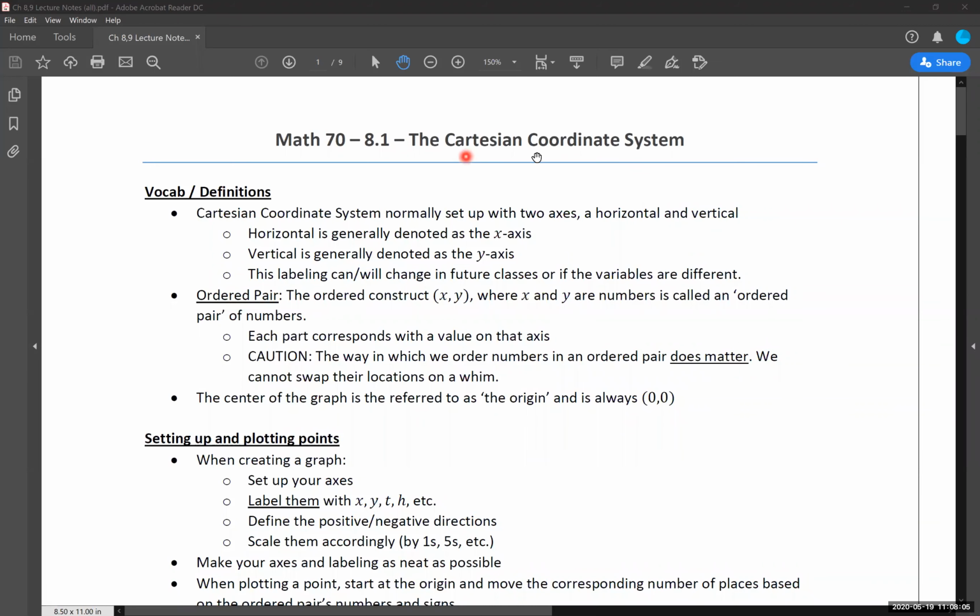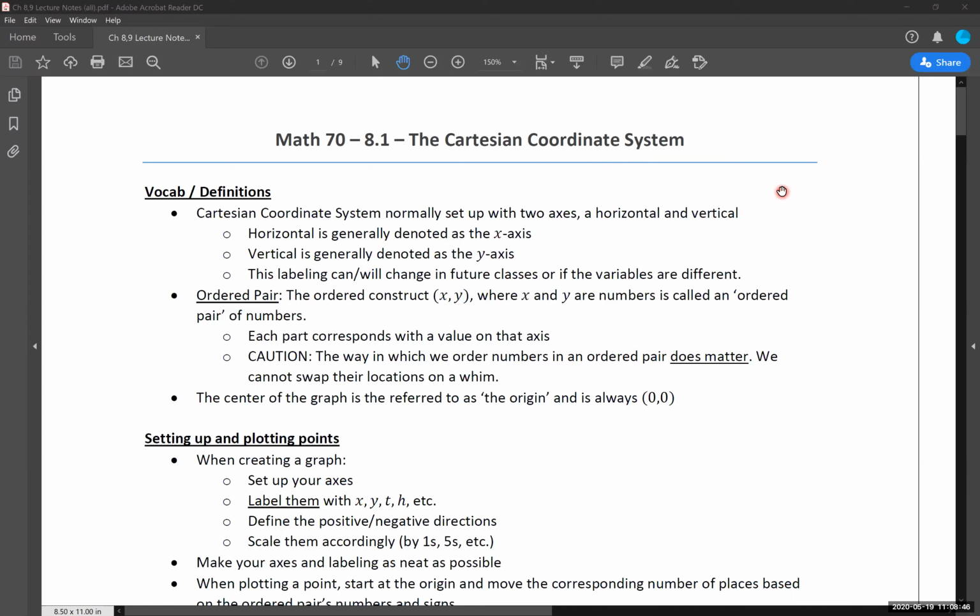So for instance, we have the Cartesian coordinate system. This is the most common one that we're going to be working with and the only one we're going to be seeing for this quarter. But we do also have ones like the spherical coordinate system, I believe it's not hyperbolic. We have one or two others, I'm forgetting the exact names of them. But essentially, they're different ways that we can set up and graph equations or graph problems or graph scenarios that we are working with in the context of our problem. So the Cartesian coordinate system is the main one that we're going to use. That's all that we're going to focus on for today and for this quarter.